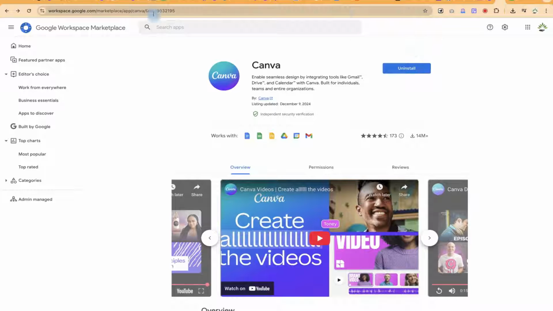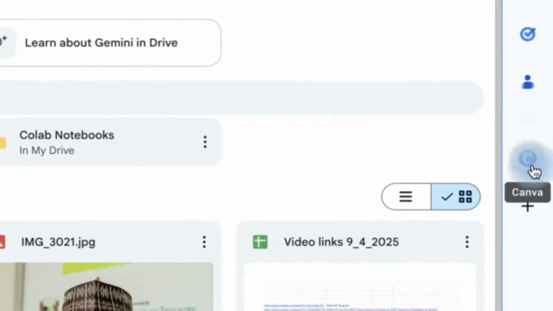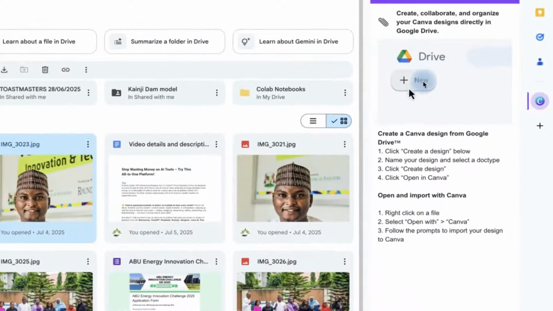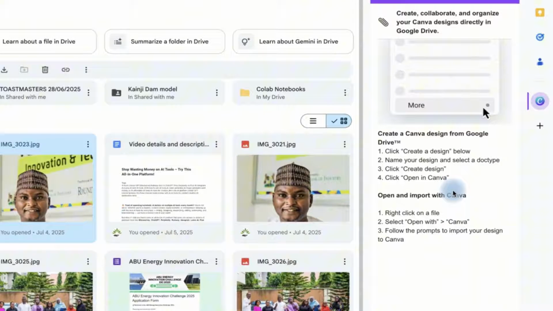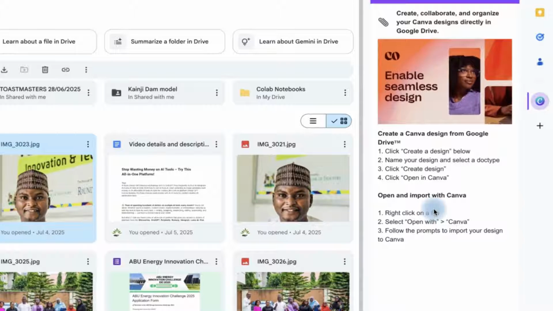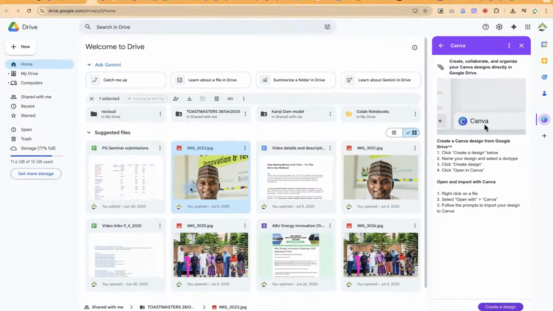And then you can open any of your drives. For example, I have my drive open here, and you can come over here. You'll be able to see Canva. Once you click, you'll be able to add a new design directly from here. You can create a new design, and then you can select what kind of design you want, or what kind of folder you can continue to work on,